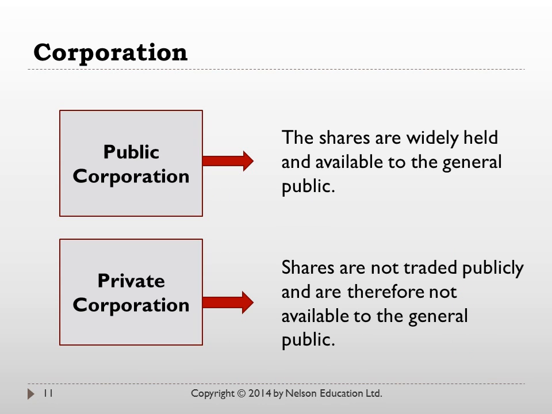So I want to talk about the two primary forms of corporations in Canada. The first is a public corporation. Keep in mind, the ownership or investors of a corporation are completely separate from the business itself, from the corporation itself. To become a corporation, a business needs to register and receive something called the Articles of Incorporation. Think of it as a birth certificate identifying the creation of this new legal entity.